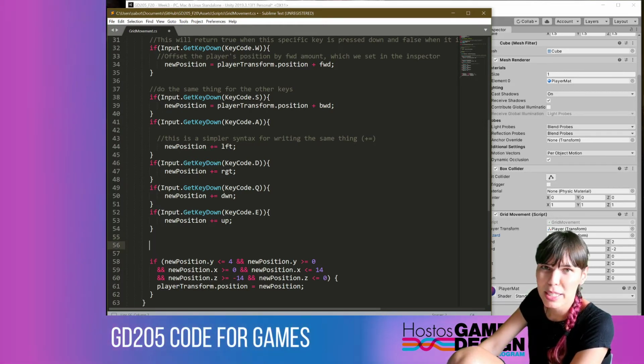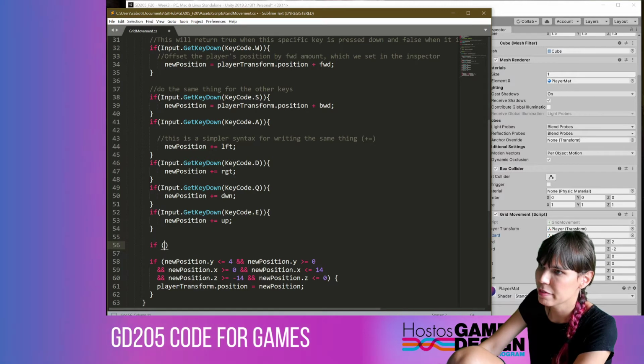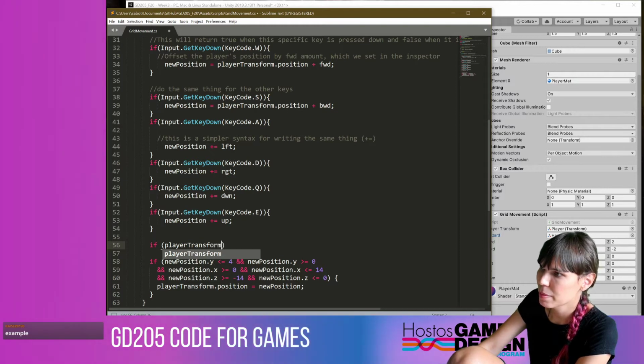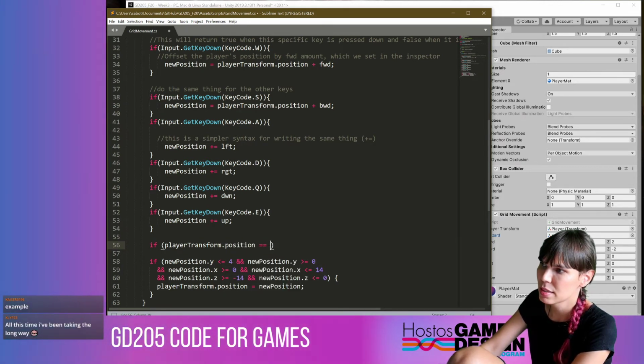All right, so if I want to check those positions, I can compare two positions. So I can check if, let's see, what do I call it? I called it player transform. Player transform dot position. So I want to check if this position is equal to,